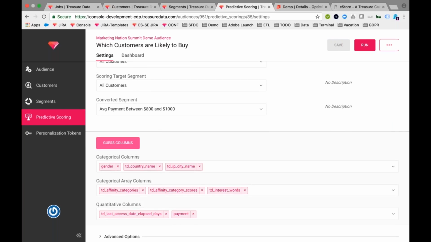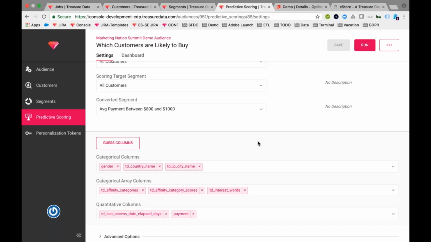Down here, there's a button which says guess columns. The tool guesses the columns for you, and it is accurate, in my experience, every time. I don't know the exact accuracy. This is something that, in general, you don't have to worry about. Basically, it wants to keep track of which are categorical columns and which are quantitative columns. And by that, I mean the big use case is zip code, because a zip code comes in as a number. And so the tool has to understand that a zip code is actually a categorical column, that it's a bucket. It's not some sort of numerical value that has any real meaning.